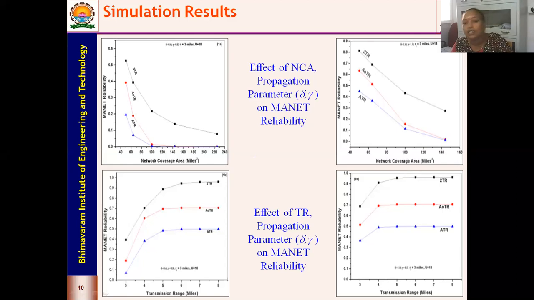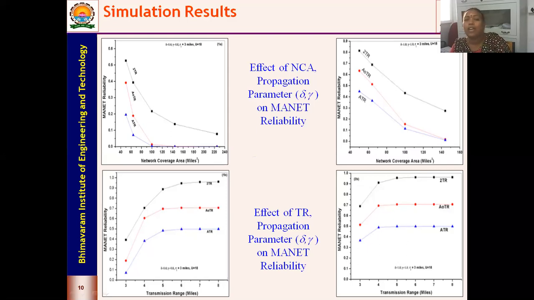At longer distances, you will have less connectivity, and hence the reliability is going to reduce. So to improve the reliability at longer distances, you have two major options. Either increase the total number of nodes in your larger area, so that you can have more connectivity. With more connectivity, reliability will obviously increase.